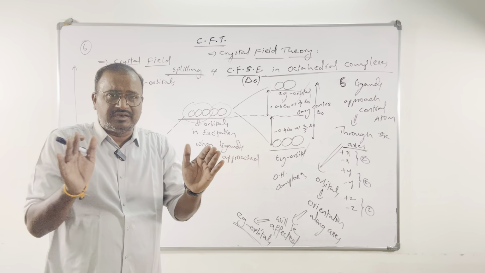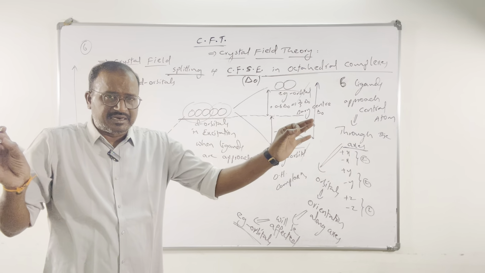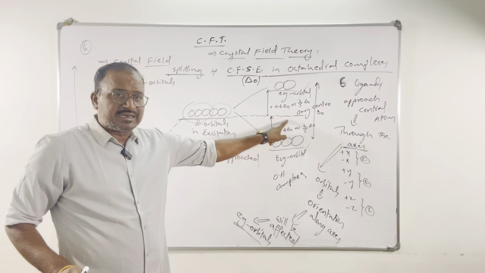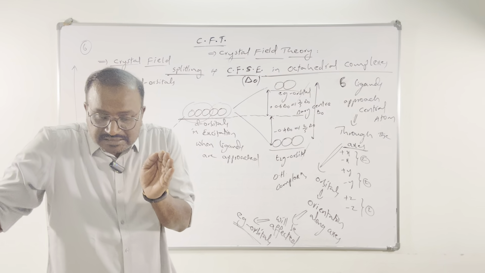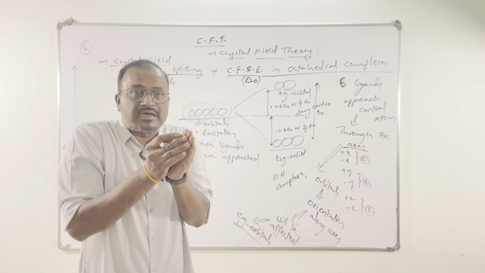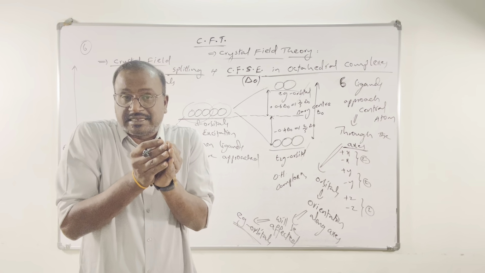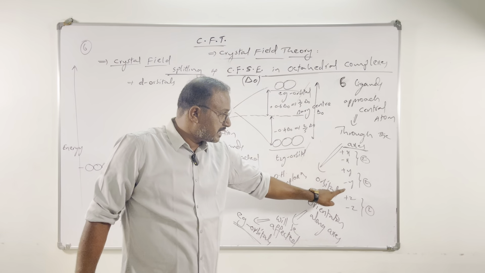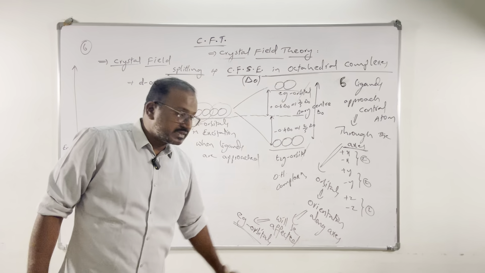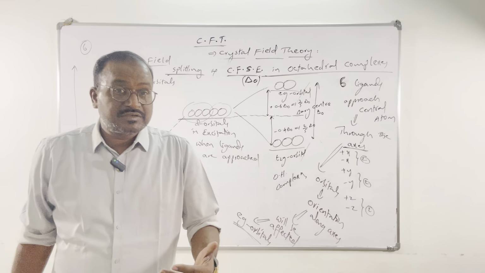Up to the barycenter level, they have the same energy. When the ligands come very close to the central atom through the axis, why? Because in octahedral complexes, 6 ligands approach the metal atom through the axis like this, then the orbitals which are